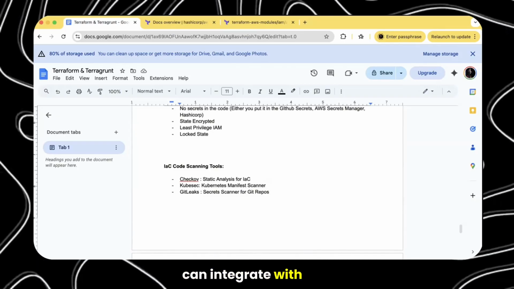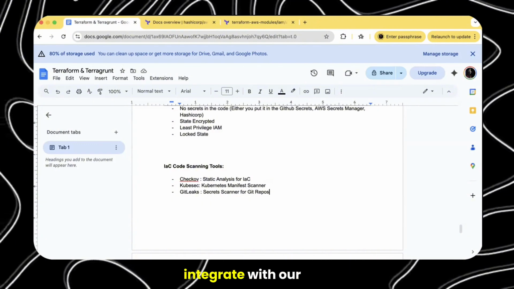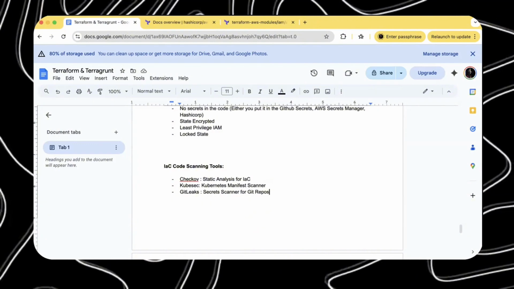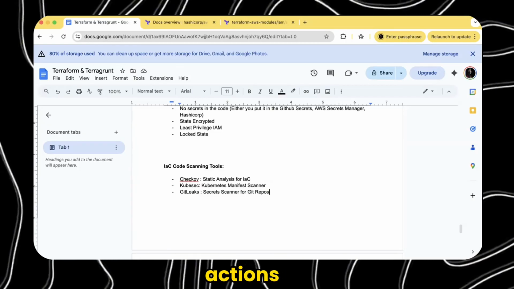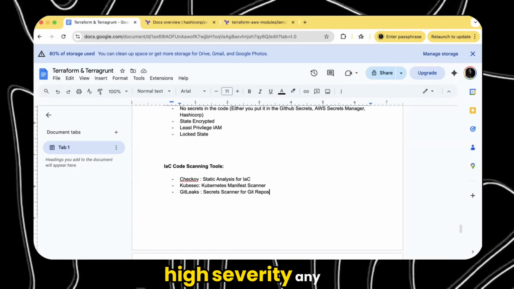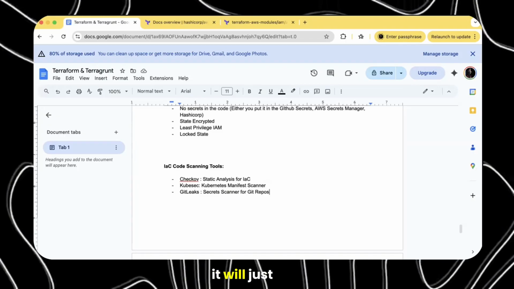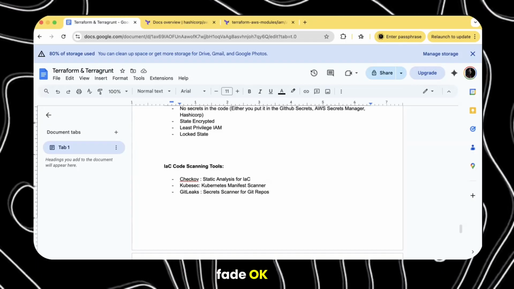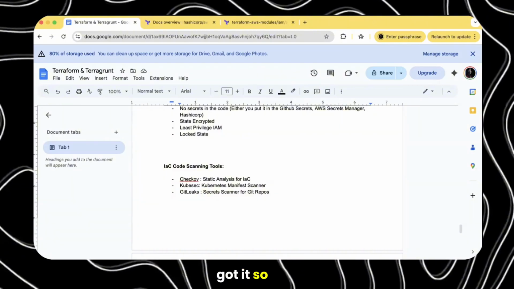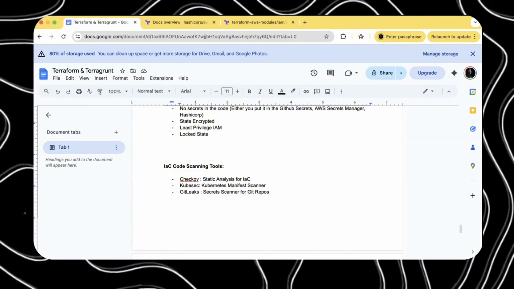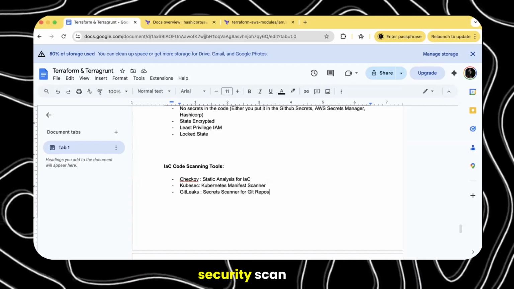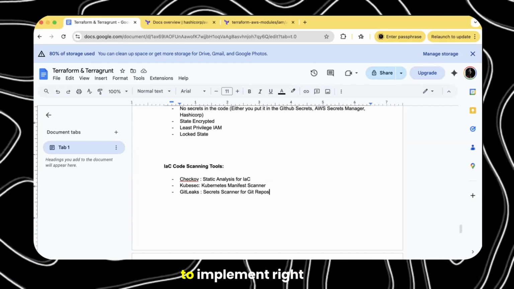These we can integrate with our IDEs and with our CI/CD checks. We can write them in GitHub Actions, and if any high severity issue appears, it will just fail. Okay, got it. So this is one of the important parts with respect to code security scanning, which is important to implement.